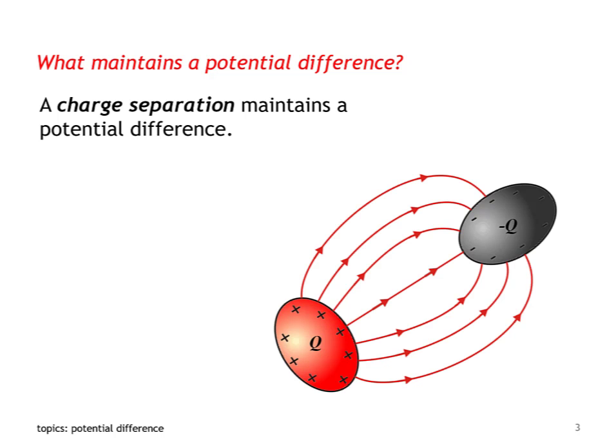A separation between charges maintains a potential difference. If we could separate positive charge from negative charge, we could maintain a potential difference. And again, that phrase potential difference, that's just the physicist's way of saying voltage. Now,